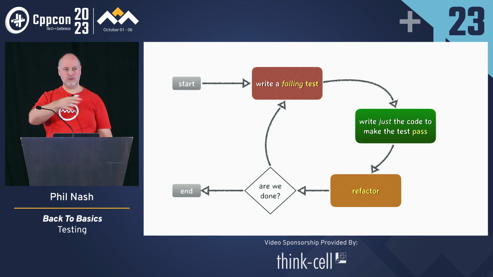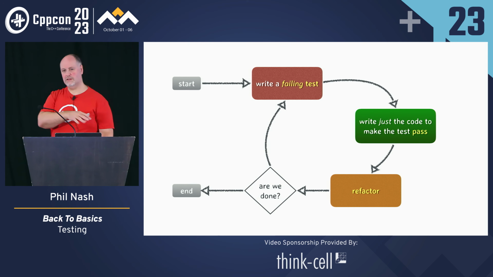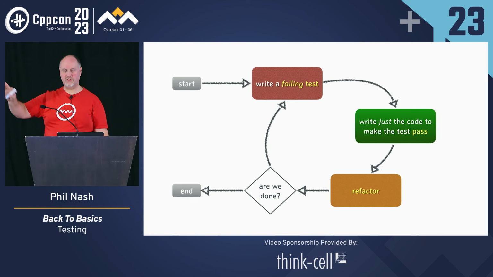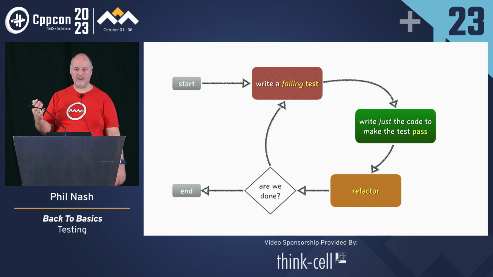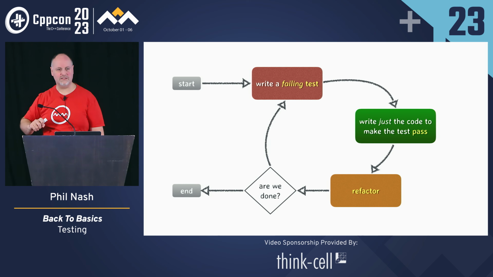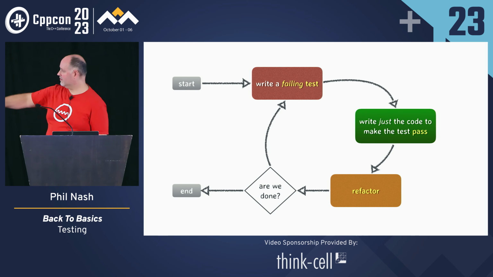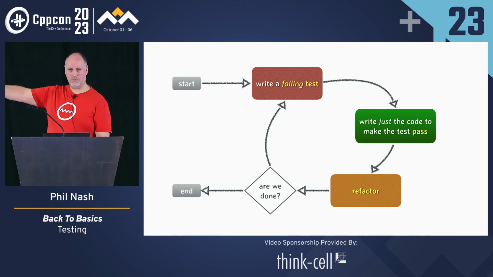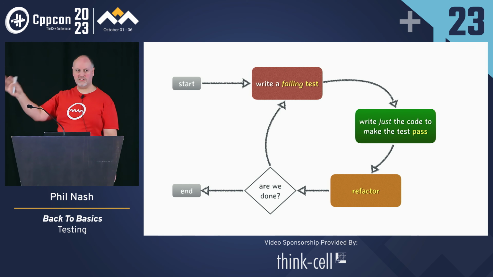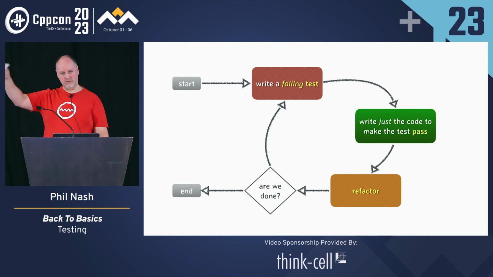Now, think back to what we said earlier about what a test actually is. It could be the compiler failing. So you can make a call to a function that doesn't exist yet. You see it failing in the compiler. That's your first red. You've written a failing test. To make that pass, to go to the green step, we have to write just the code to make the test pass. So if that's a missing function, we write the function, we stub it out.